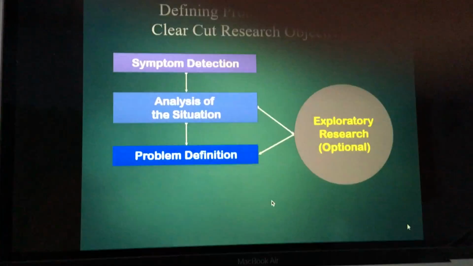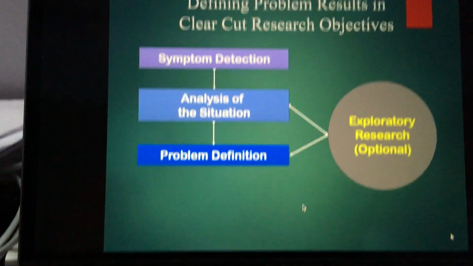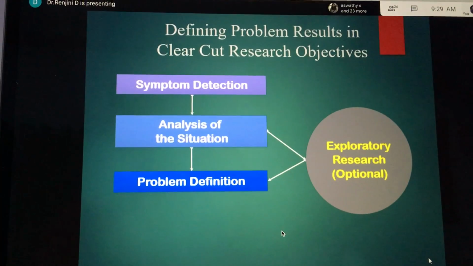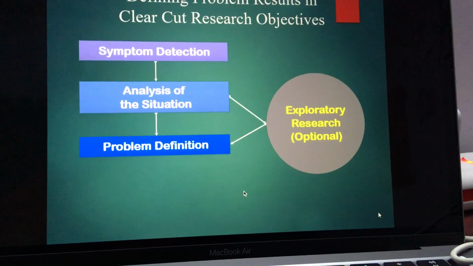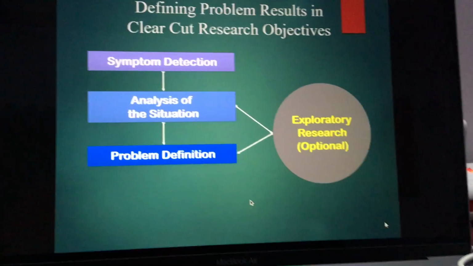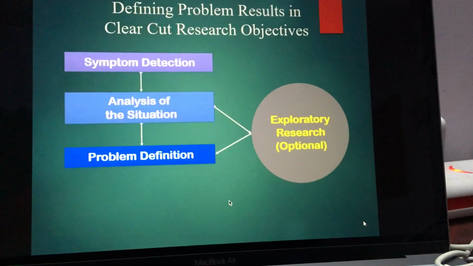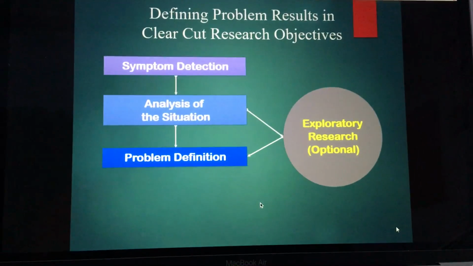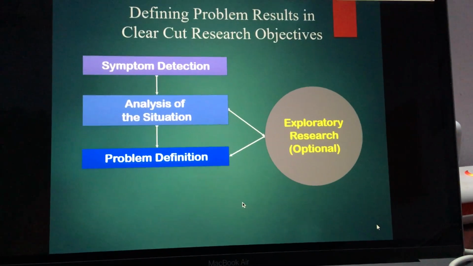Now all this discussion is in the context of research, right? Our interest is in conducting proper research. I told you the first step is problem definition, right? Now, how does this problem definition help you in formulating very clear research objectives? Research objectives means that at the end of your research, when the entire research process is over, you should be able to